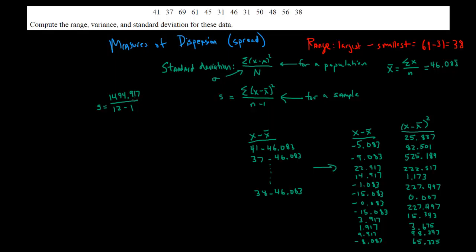Okay, now the sum of all of those is 1,494.917. Okay, so the numerator is as such. Denominator, that's easy. That's 12 minus 1 is 11. So divide by 11. And I get 135, let's still round to 3, I guess, 902. Okay? And there is our,